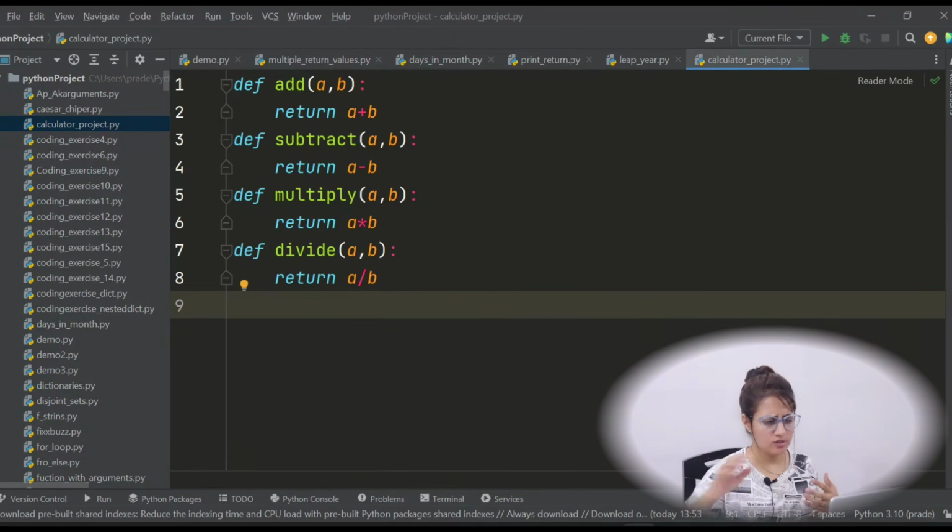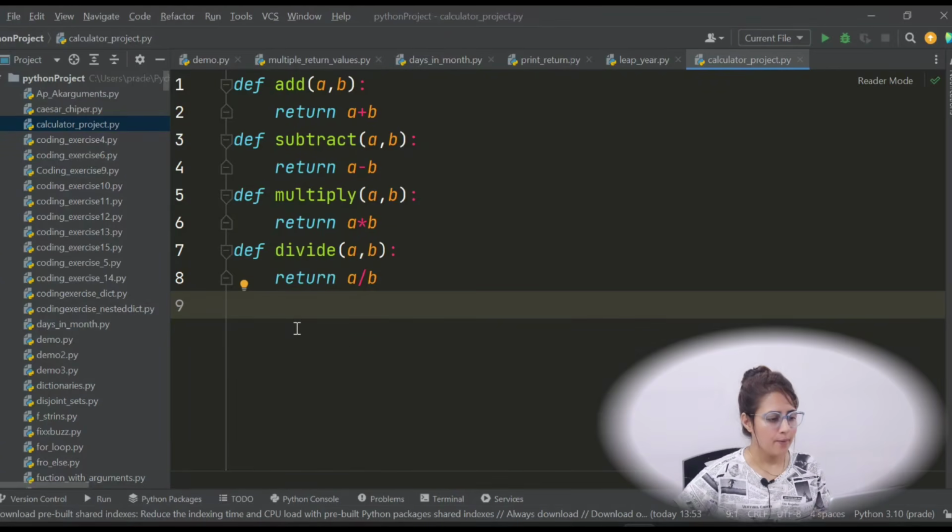Now one way is you can use a switch statement: enter a choice, enter 1 for add, 2 for subtract, 3 for multiply, 4 for divide, and you can write down the cases like case 1, then logic for addition, subtraction, like this, and then a while loop and all. This thing you can also do, or you can use if, elif, like this. That also you can do. There are multiple ways to create this calculator in Python. So one way we are using is a little bit, you can say, using some advanced concept like